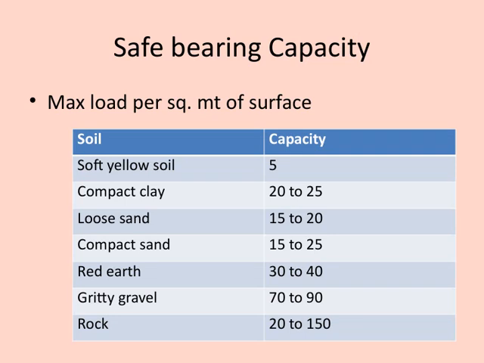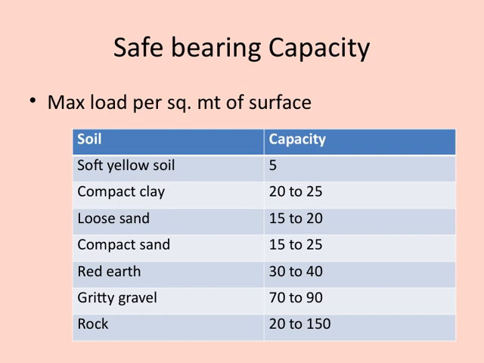Let's take a look at the safe bearing capacity, which refers to the maximum load that a surface can support per square meter without risk of failure. This is a critical factor when designing foundations because it helps us determine how much weight the ground can safely handle. In the table, we see different types of soil along with their typical capacities. For example,